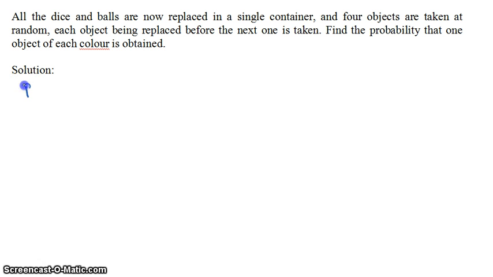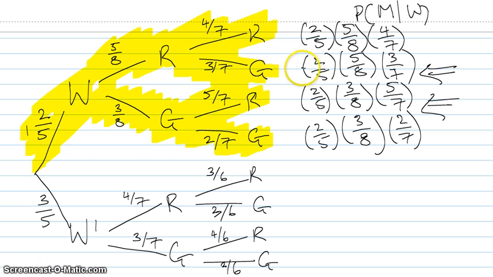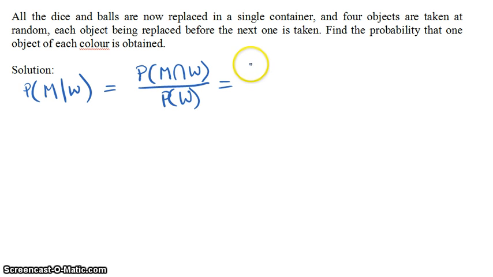The probability that I get one ball of each colour, given I drew a white die at first, is going to be the probability that I get one ball of each colour and drew a white die first, divided by the probability that I drew a white die. What's that going to be? Well, we already just saw these two are the probability of drawing a white die first and getting a ball of each colour. So this top line is 2 over 5 times 5 over 8 times 3 over 7,